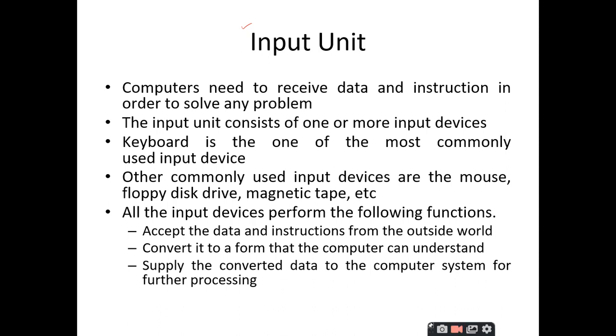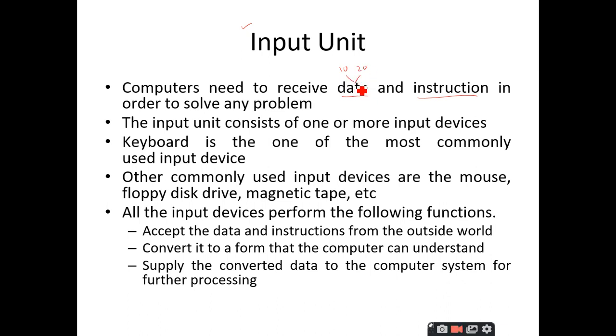Here you should understand the difference between data and instruction. Instruction is a command that you are giving to the computer. You do this thing, you add two numbers, you give the sum of those two numbers, those are the instructions. Data is the entities on which you are going to perform those operations. For example, you want to write a program to add two integer numbers. Integers are nothing but values represented with decimal values. Let us take the two values as 10 and 20.